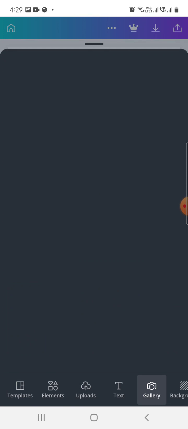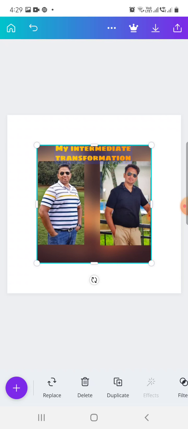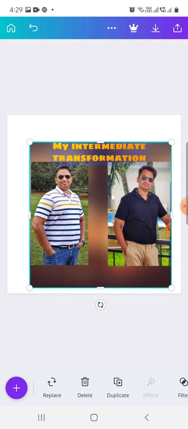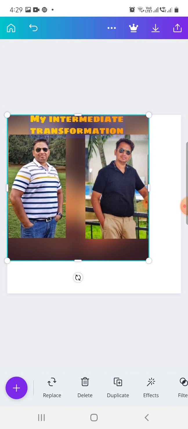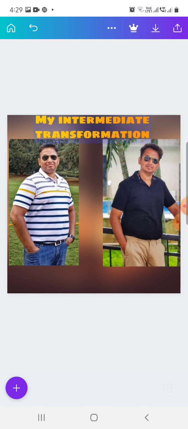Directly you can go to gallery in the bottom to choose the image you want to insert. So as you can see here, this is the image which I would like to insert. So I will just place it at the top. I will drag it and fit it to the template.